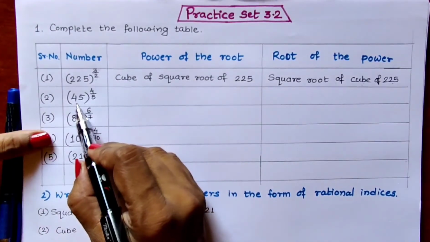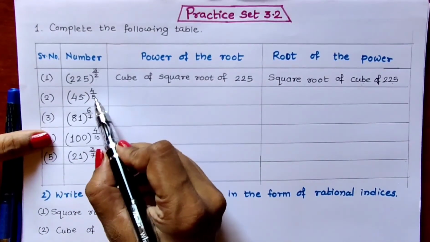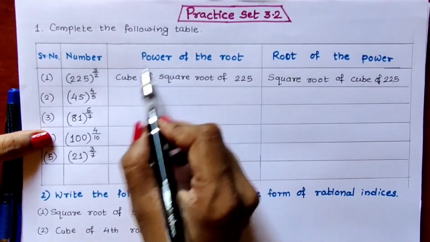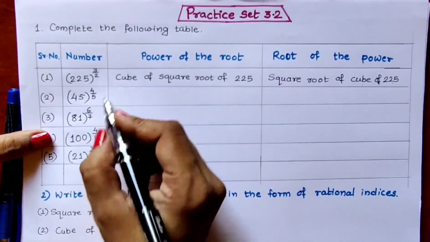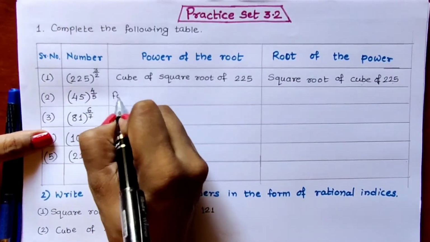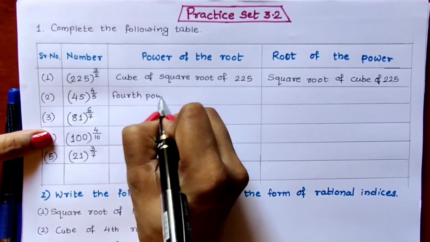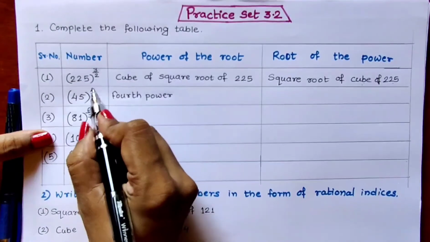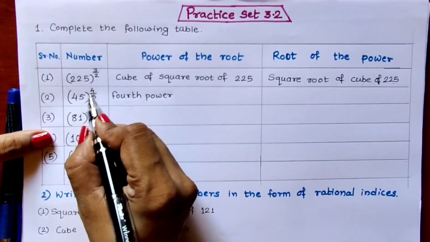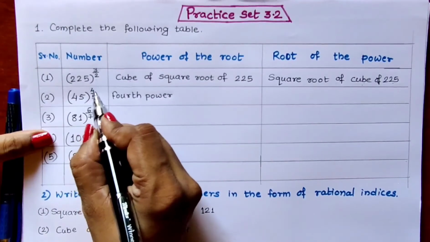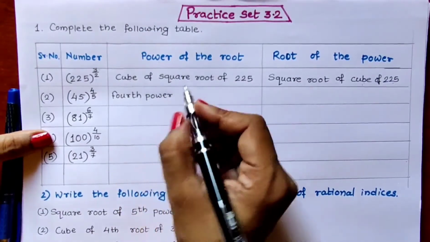Now the base is 45 and the index is 4 upon 5. We have to write the power first. Power is 4. That means it is the fourth power. Fourth power. Correct. Because 4 is in the numerator. The numerator number is the power. So fourth power of